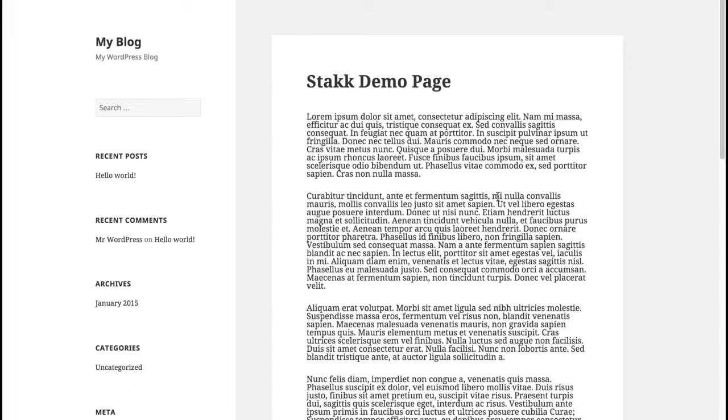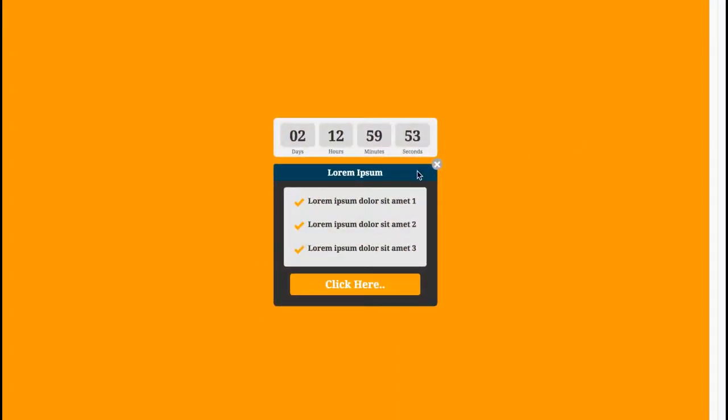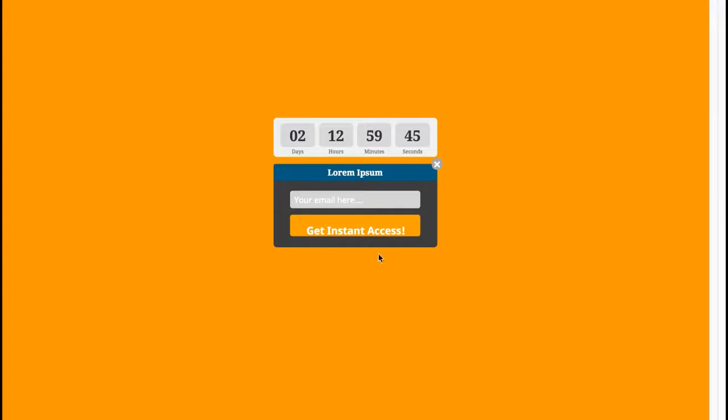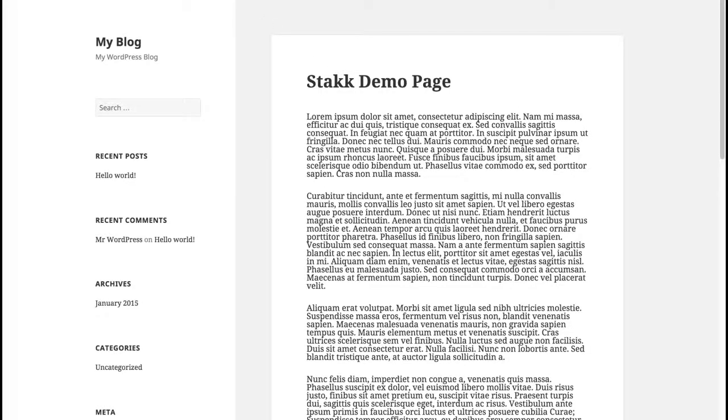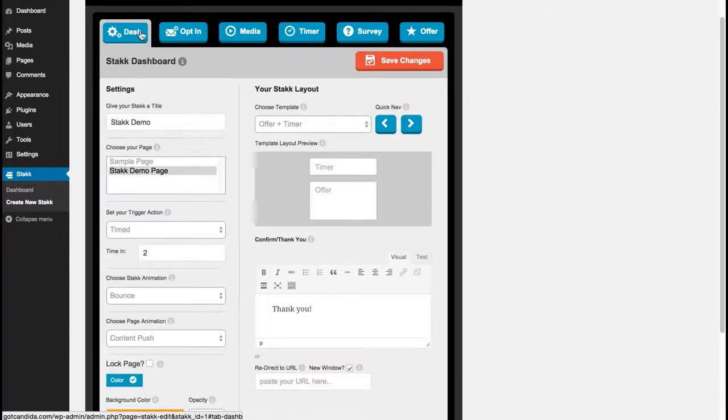So we have the 2-second timer on, so it'll boom, then we show the animation and the bounce animation for the stack itself. As you can see, the timer shows, we have a feature list, and then when the call to action is clicked, it'll go through to the email opt-in form, as you can see. So we'll close that off, go back to our stack,